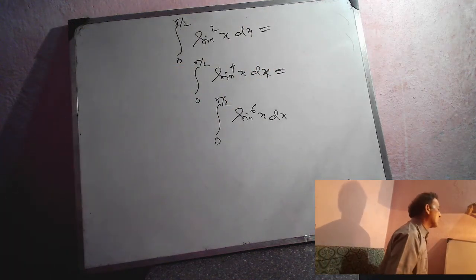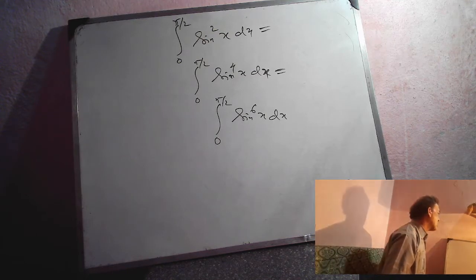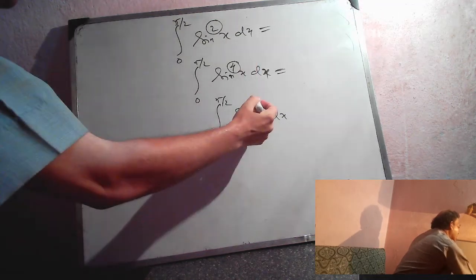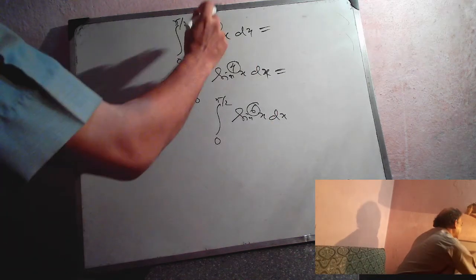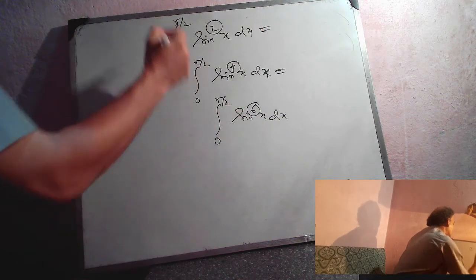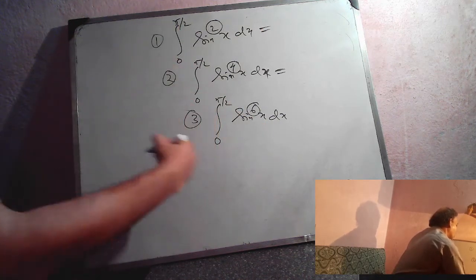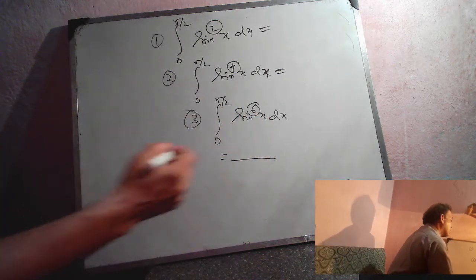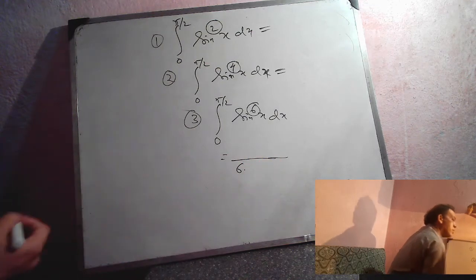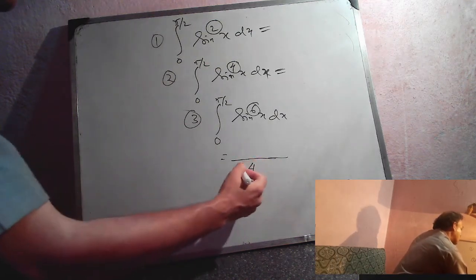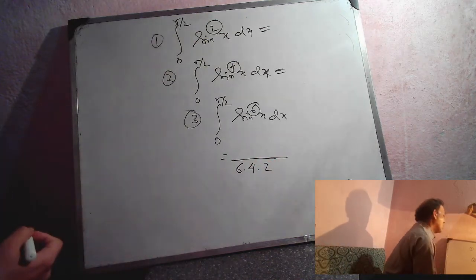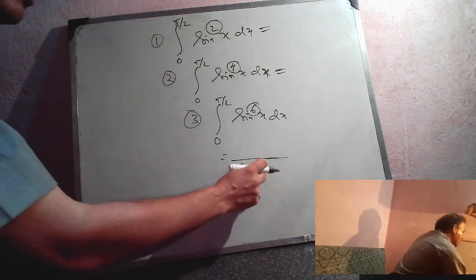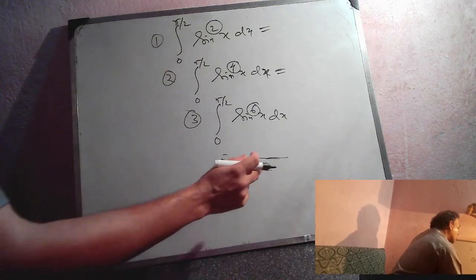Now, what is the trick to solve this type of question? If the power is even, then write it like this. Suppose we are solving question number 3. This is 6, right here 6. Then go on decreasing by 2 units: 4, 2. Now stop here. If we decrease further by 2 units, this will be 0, and anything divided by 0 is undefined. So stop here.